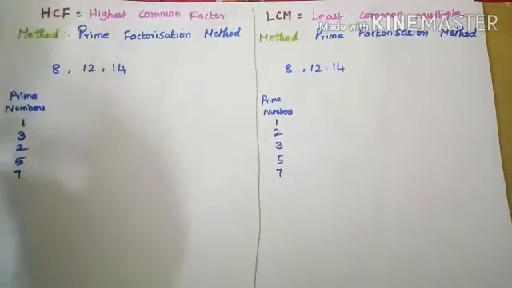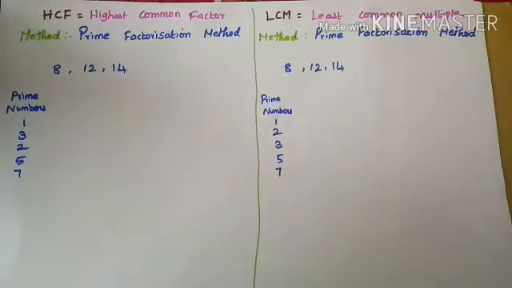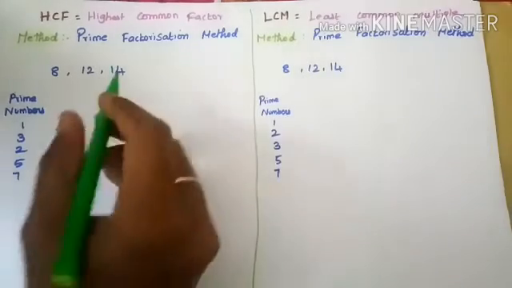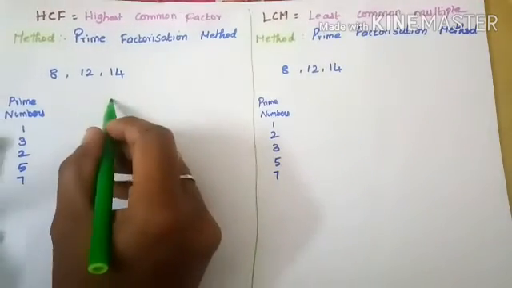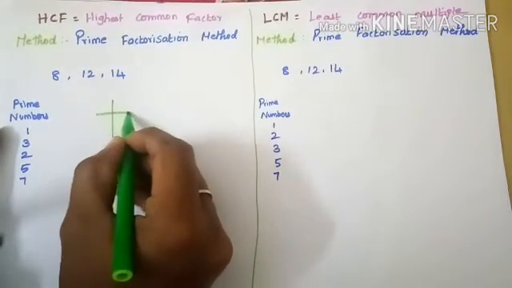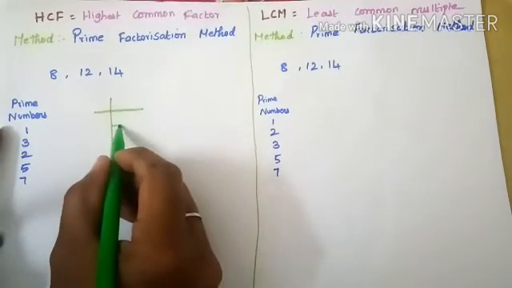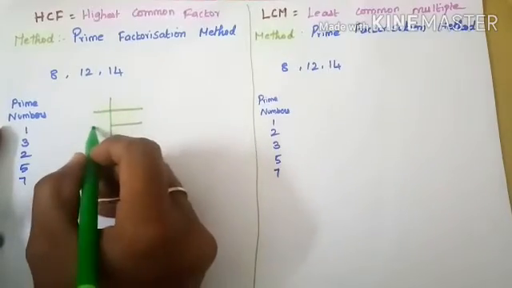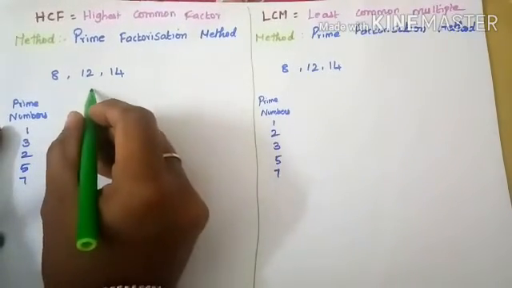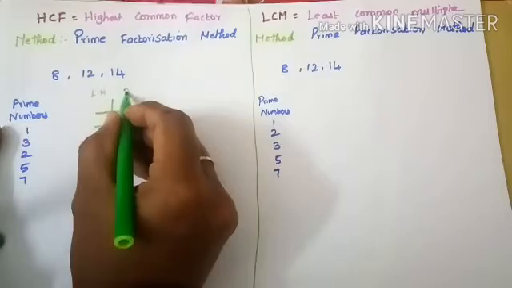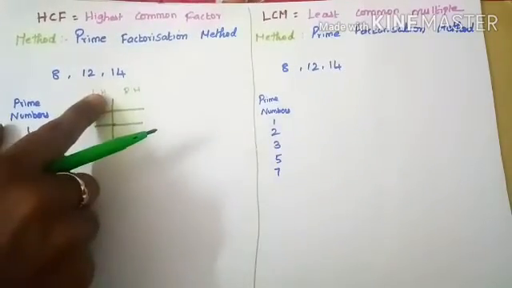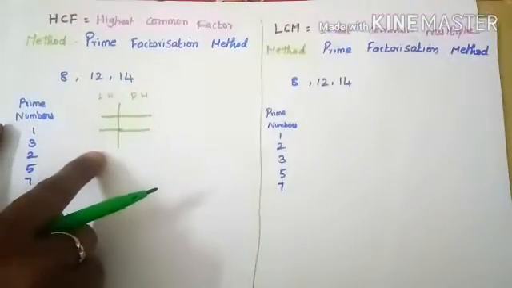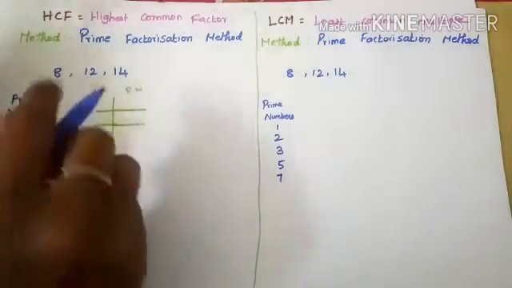Right. So we know the factor tree method, right? Because the last video I explained how to use the factor tree method. Here I explained the box method. Look at this. I draw the box like this. So this is left hand side and this is right hand side, right? So left hand side we use the prime numbers. Okay, right hand side we write the numbers.